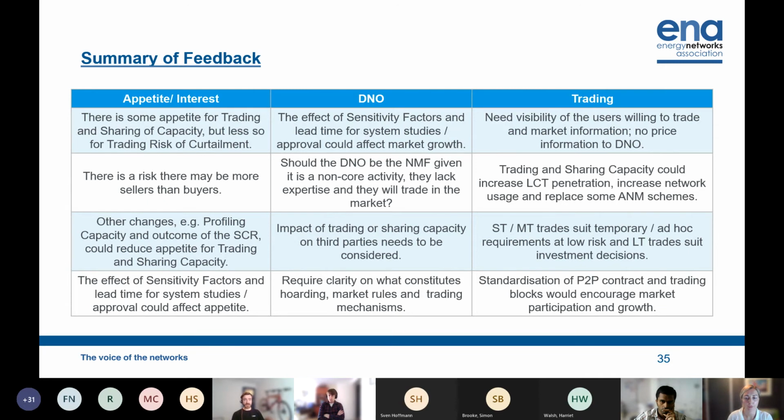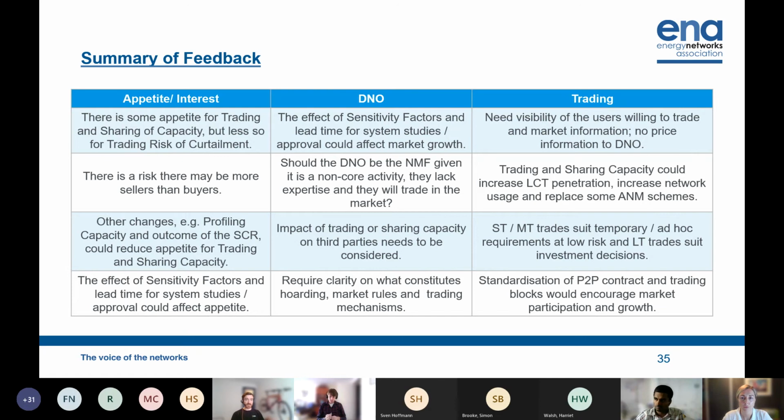So sort of onto some DNO implications. There was some concern raised as to whether DNOs could or should be able to operate as a neutral market facilitator if they're also trading in the market under their role as a flexibility services buyer. Obviously, we're concerned what effect the trades have on the network, but our stakeholders were also concerned with what effect they have on third parties or existing or previous trades. And again, there was a lot of discussion around hoarding capacity and how the market rules need to be laid out to make sure everything's fair. DNOs aren't the trading capacity police, so we really need wider agreement on how this is governed.